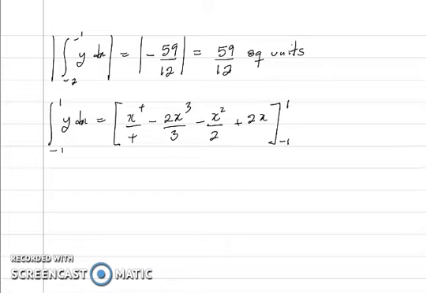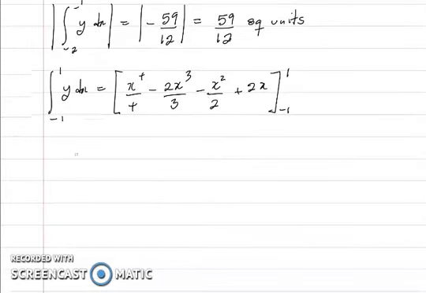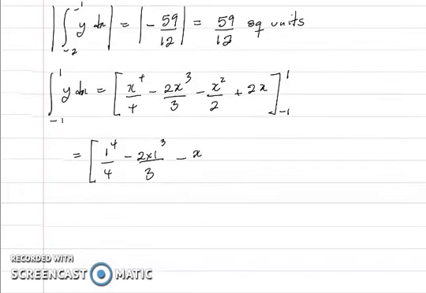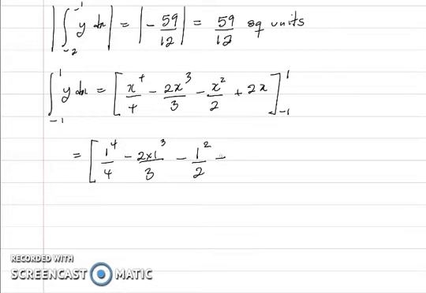Those are my limits. So first putting x equals 1, I'm going to have 1 to the 4th power over 4 minus 2 times 1 to the 3rd power over 3 minus 1 squared over 2 plus 2 times 1, minus